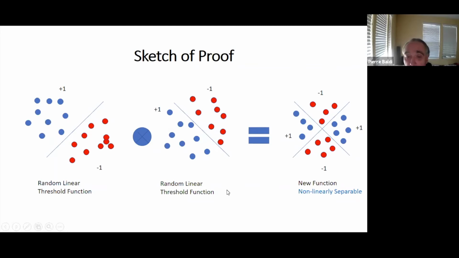So basically, if you take two linear threshold functions and you combine them together by attention, you get something that is not a linear threshold function, you get a new function. And so the capacities, which are the logarithms, add together. And so you get n squared plus n squared equals 2n squared.